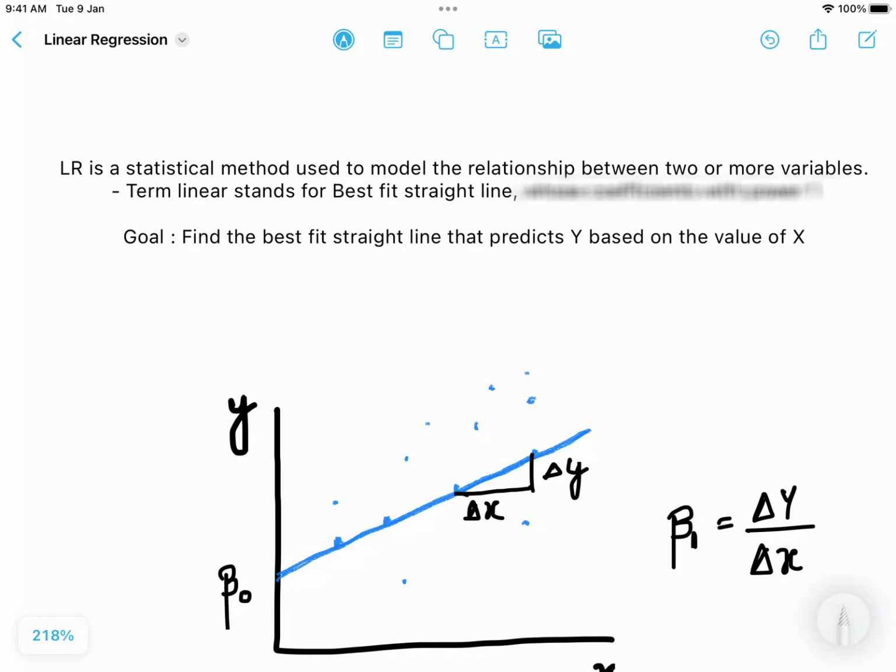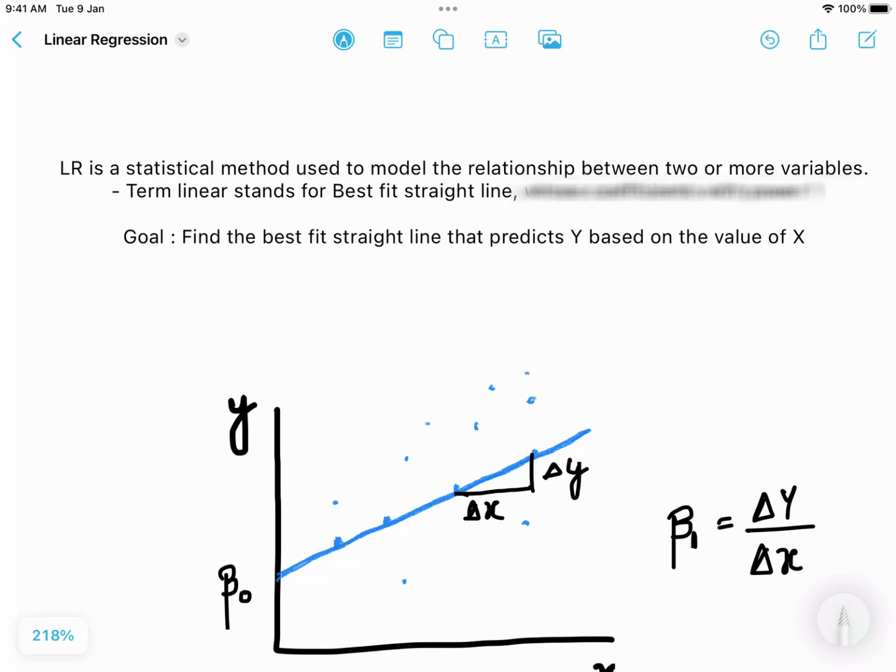That's why the price of the house is dependent on these variables, and that's why we call it a dependent variable. And area of the house, number of bedrooms, these variables will help in predicting the price of the house. That's why we call them independent variables. So linear regression is a statistical method used to model the relationship between two or more variables. The term linear stands for the best fit line. You have studied about a straight line equation, which is